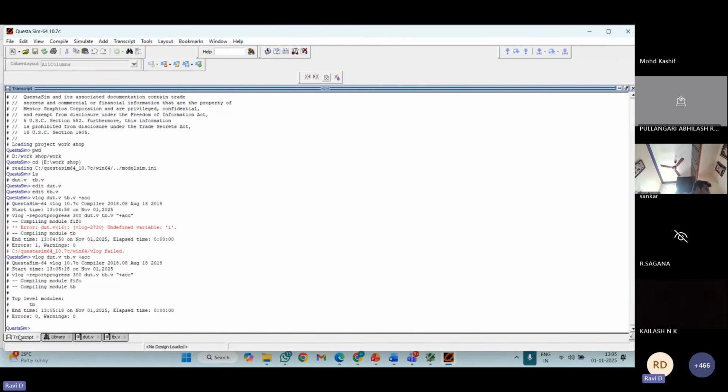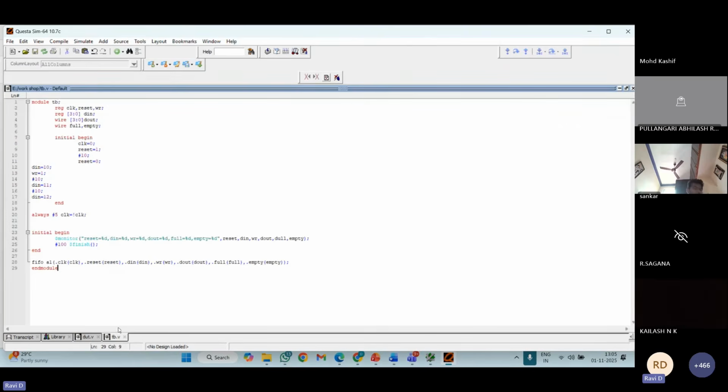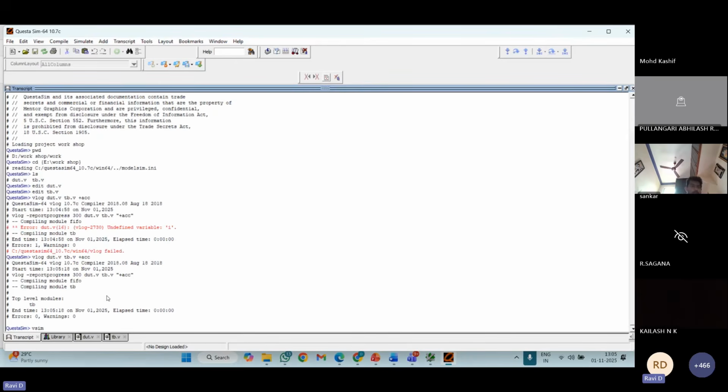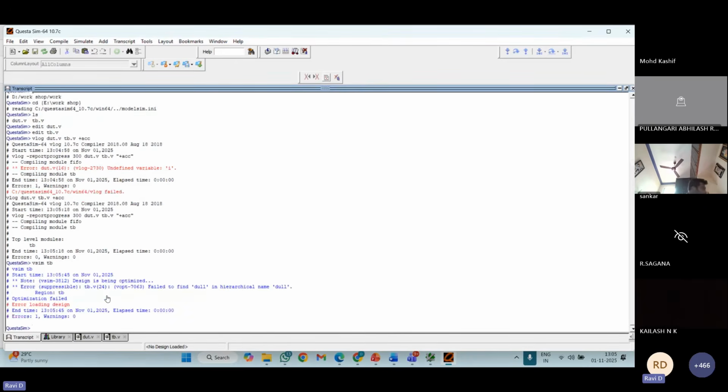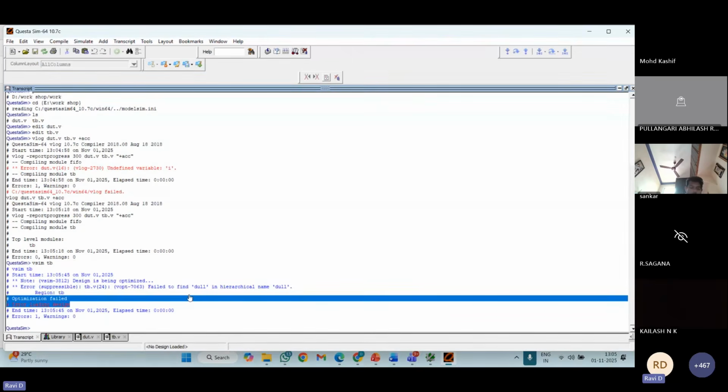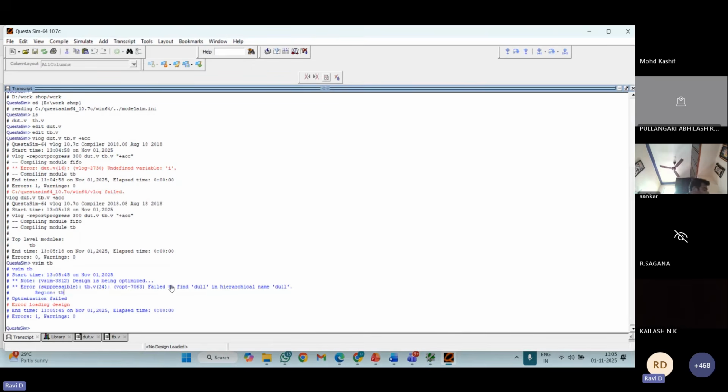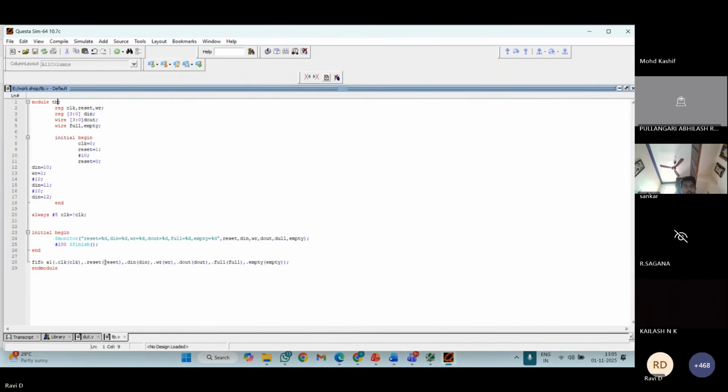Where you have generated your values, you have generated them in your test bench, right? So type vsim, and here you need to mention the test bench name. What was the test bench name I had given? TB, test bench. So here I'm going to simulate. Here we are finding TB line 24, we are going to find some error.